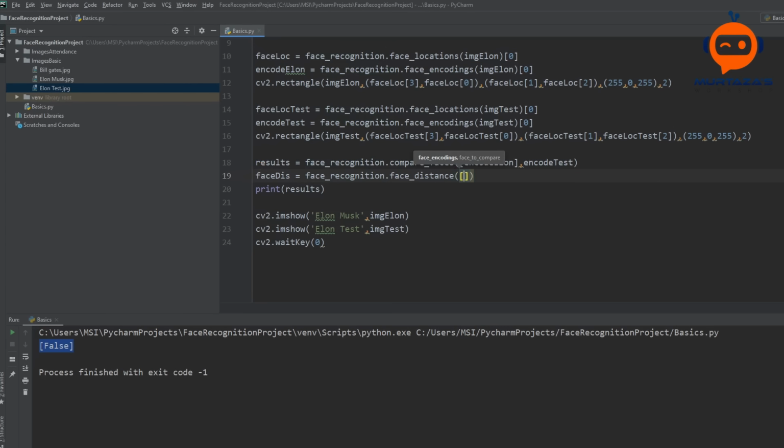And again, we have to give in a list, so we don't have that, so we will write just encode Elon and then encode test, and this will give us the distance. Now the lower the distance, the better the match is. So if we print the distance as well, we can write here face distance, and let's run this.